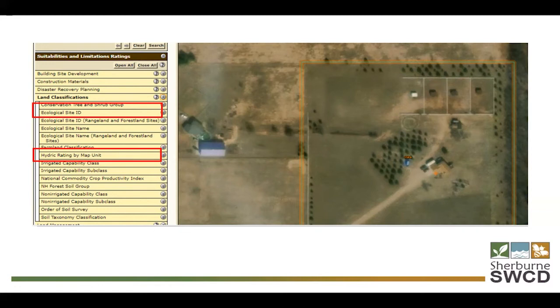You may not be able to do all of that by yourself unless you are very savvy with government-based websites, but it is something that I could help you do, or NRCS could help you do. And then I also want to go over your hydric ratings. This gives you a good idea if you're about to try and build a shed in a wetland, which is not prohibited by the Wetland Conservation Act or by the county. So if you go to the next slide,